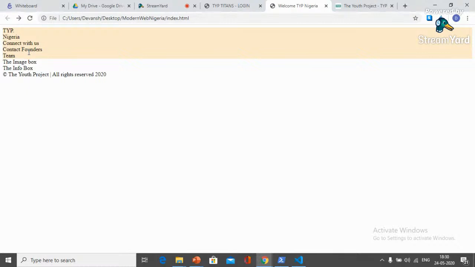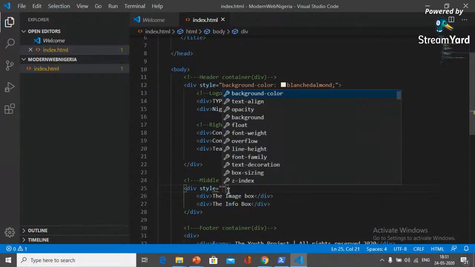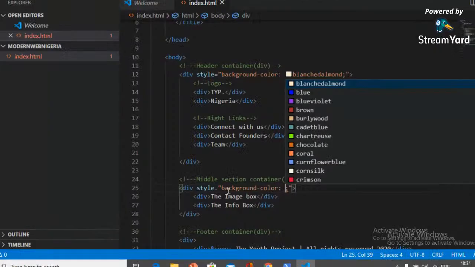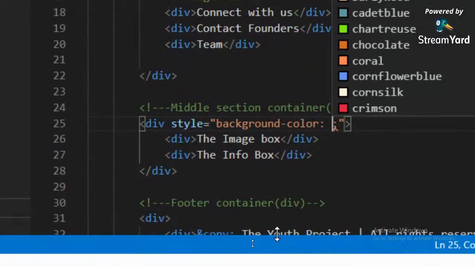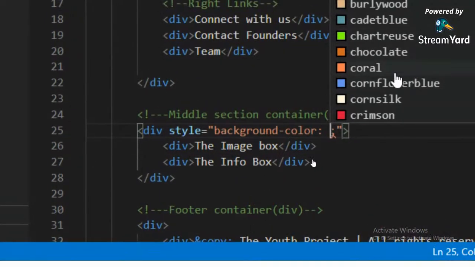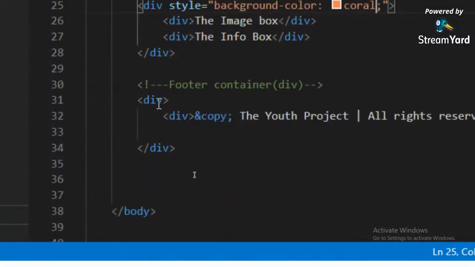You will see that this particular div has got the color which we have given. Now let's say I want to give a background color to this particular div. Style equals to background color, and I say that the color must be coral. And similarly, in the footer div, in the footer container, I want to apply the style as